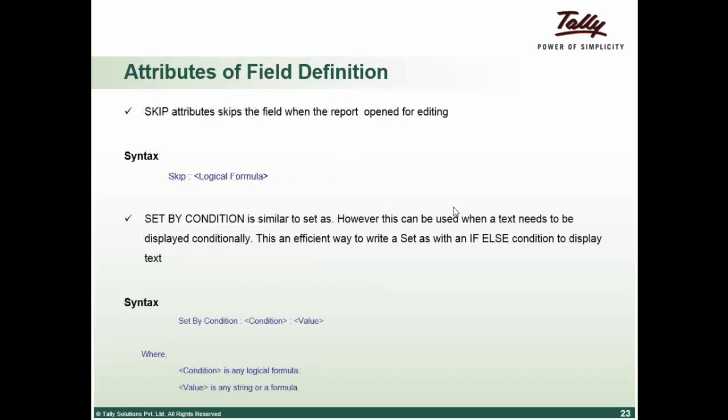And then there is an attribute called skip. So in case in the edit mode, though you want to provide an initial value which might later get changed or refreshed, whatever it is, the skip attribute can be used by not allowing the user to enter that particular field. Set by condition is similar to status. However, you can provide your status text with some conditions. For example,